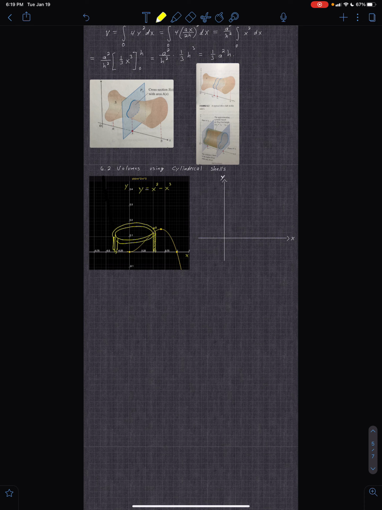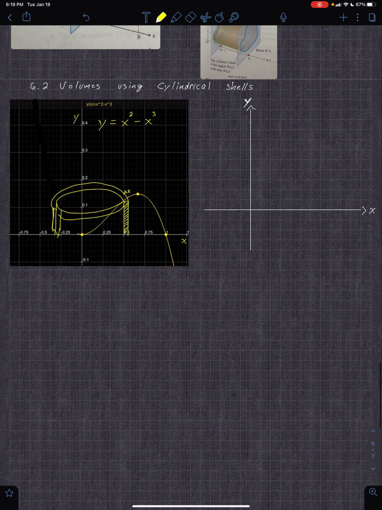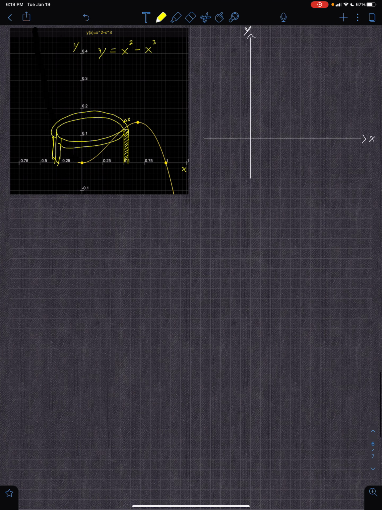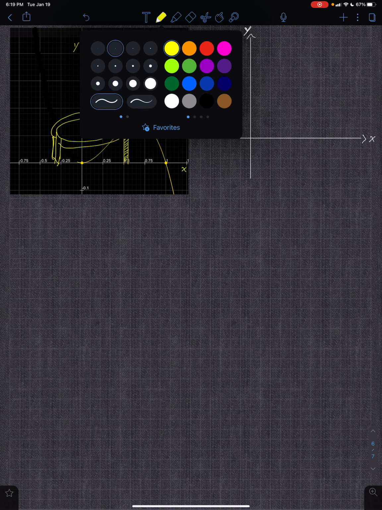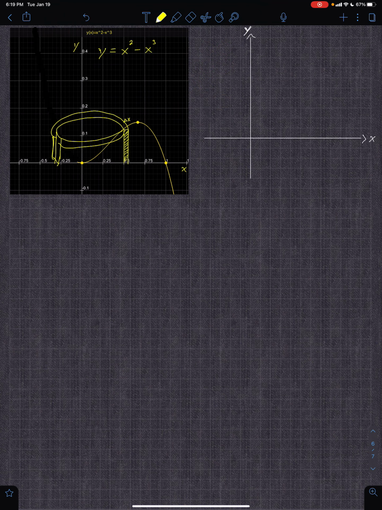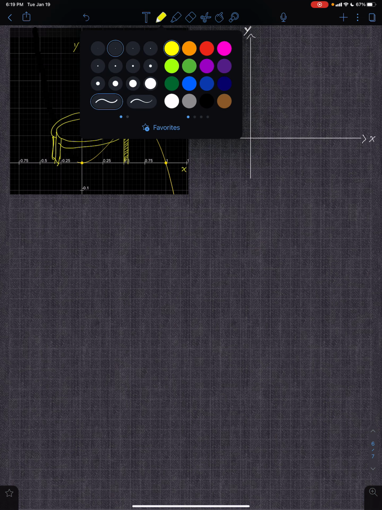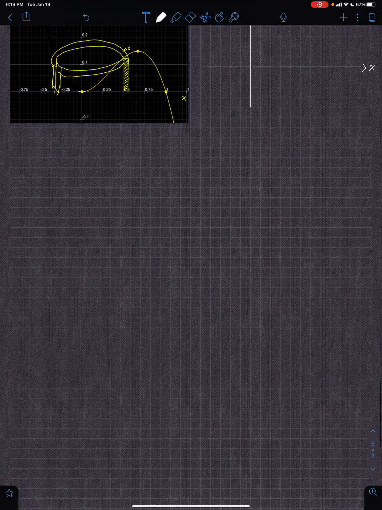Okay, so you end up with this shell, and I'll draw it below, make it look a little better. So what you get, and you can see then, as you add that up across, you get these concentric shells, and that creates the volume. Picture doesn't look good, but you get the idea. And so what you end up having then are these,